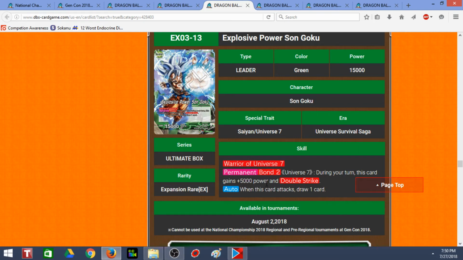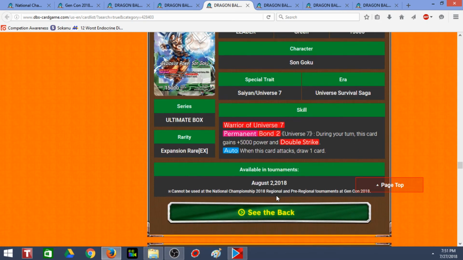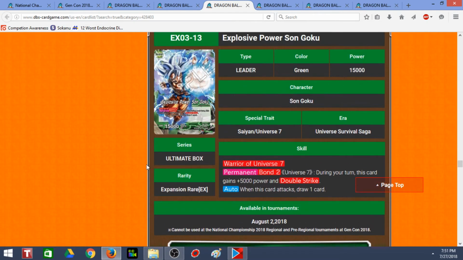So Bond, I have an issue with Bond, especially if it is a leader card that requires these requirements. This means you actually have to have 2 other battle cards with a Universe 7 on the field before his effect triggers. Otherwise, he's a vanilla. I'd rather have him just stay on Awaken and leave it with only 1 Bond, and he gets 15k. Otherwise, he would require you to have 2 Bond too,